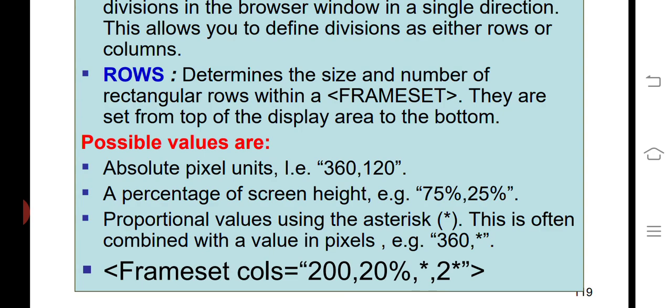The possible values are absolute pixel units like 360, 120, and percentage of screen like 75% and 25%.